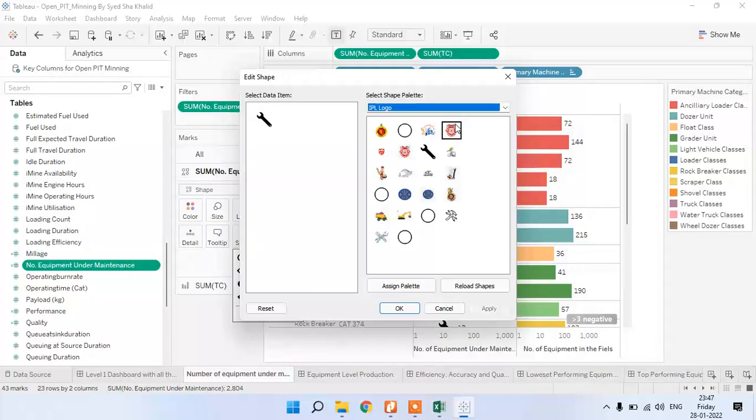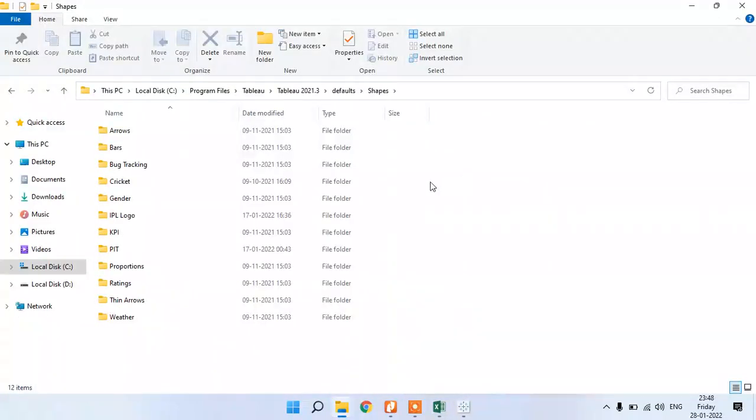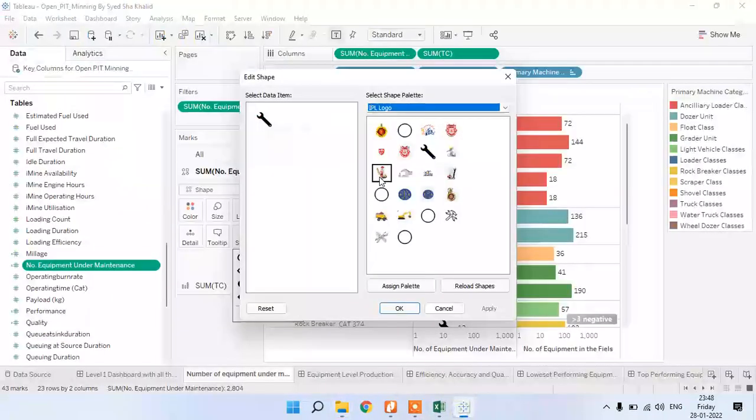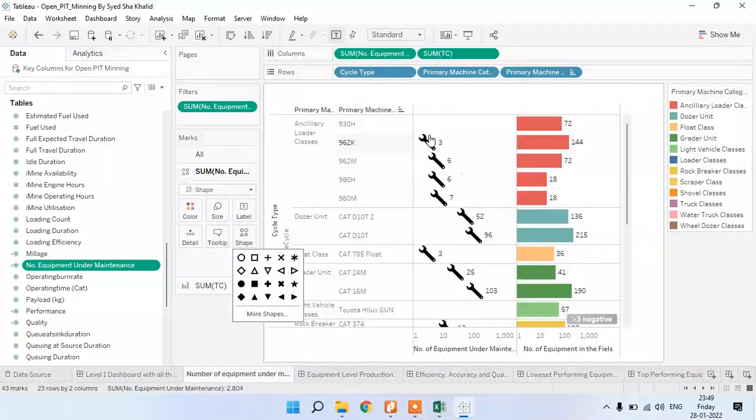I will show you where we can load that file. See here, you can load the file: This PC, local disk, program files, Tableau, defaults and shapes. Here you can load the files. I have loaded IPL logos only. See, this is a spanner I have loaded. It should be a .png file, so it can appear like this. Then you can select it and click OK, and it shows like this.